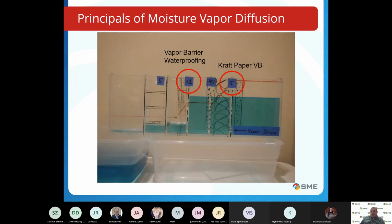And of course, we all know that you don't want to put a vapor barrier outboard of your insulation. So in areas where you might get condensation on the cold side during winter, even though I've still retained a vapor barrier. Now, it's not a very good vapor barrier. It's only got about 5 perms, whereas my vapor barrier waterproofing is somewhere less than 2. But even so, you'll see that the blue water is above the red line, so condensation is possible, and that